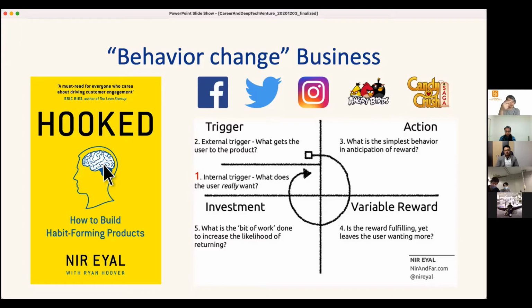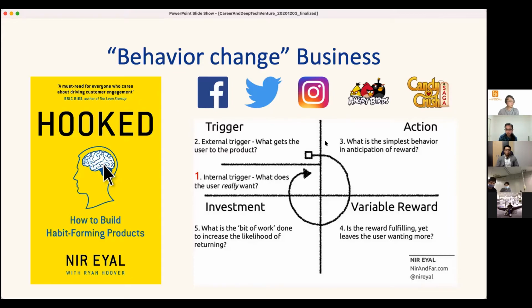So if you do it and get it with 100% probability, people will just get bored of it. But if you do it and then sometimes you don't get it, this part is very important to get people addicted to that type of activity. So this is the mechanism that Facebook, Instagram, Twitter, and those things are built on to get people addicted to their platforms. And this is the cycle of getting people addicted.